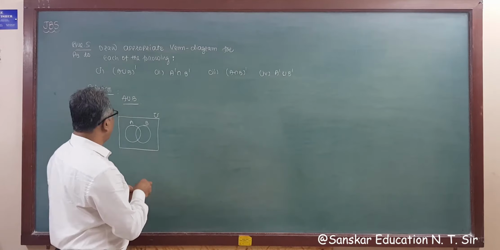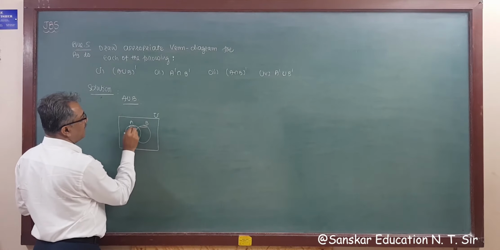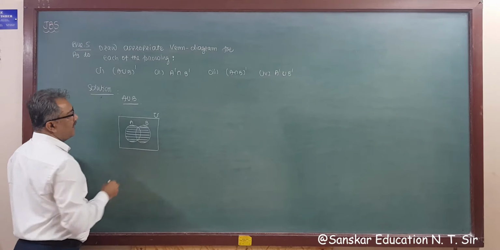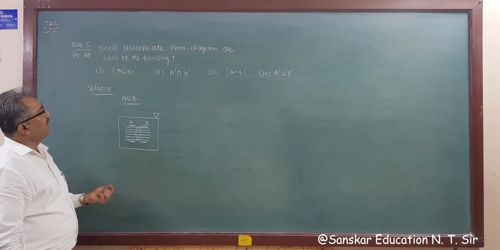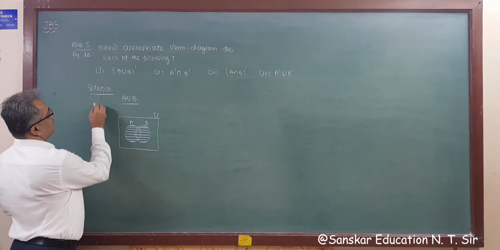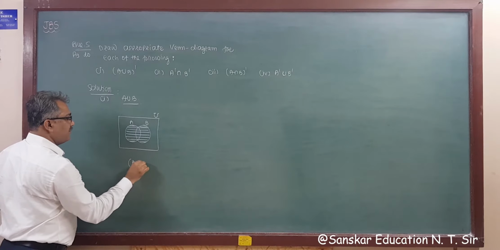The Venn diagram of A ∪ B means all elements of A and B, all elements which are in A and B. So this is the set A ∪ B, right? Now dash of that, so (A ∪ B)'. So this is our first question, right? So now (A ∪ B)'.